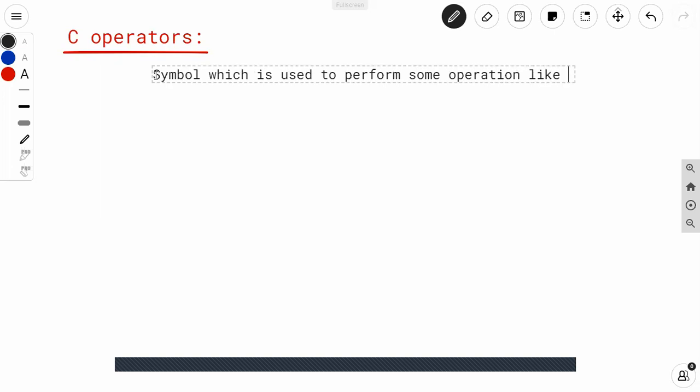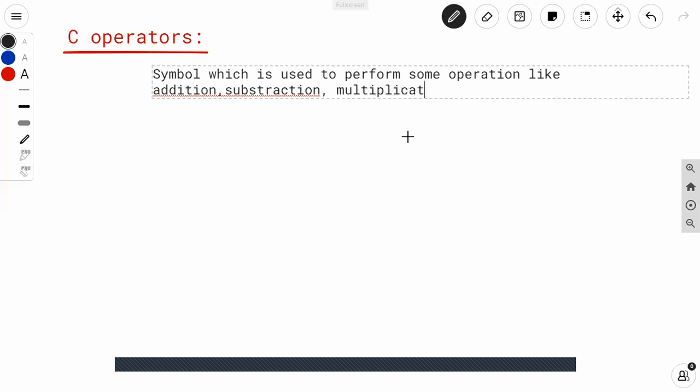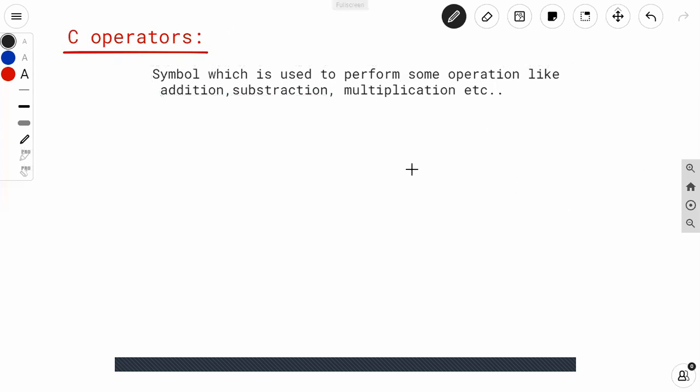Like, for example, which operations we can perform. Addition is one kind of operation, subtraction is also one kind of operation, multiplication is also one kind of operation. Okay, so these all are the operations. There are various operations, right? Just I'm giving you the example. So such a type of operations we need to perform, and for that we required symbols.